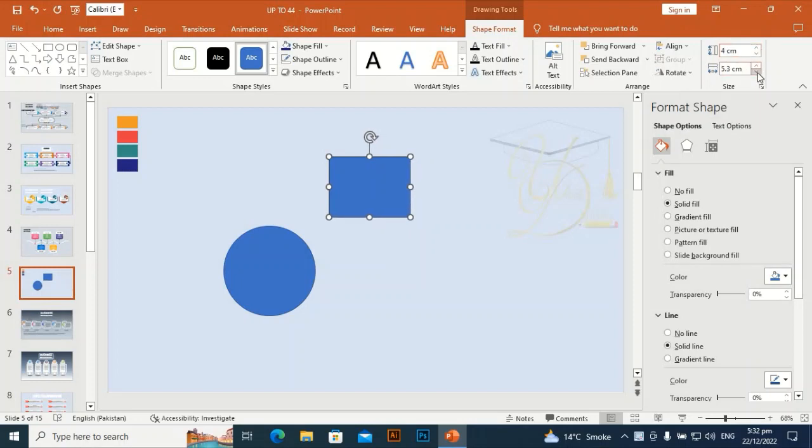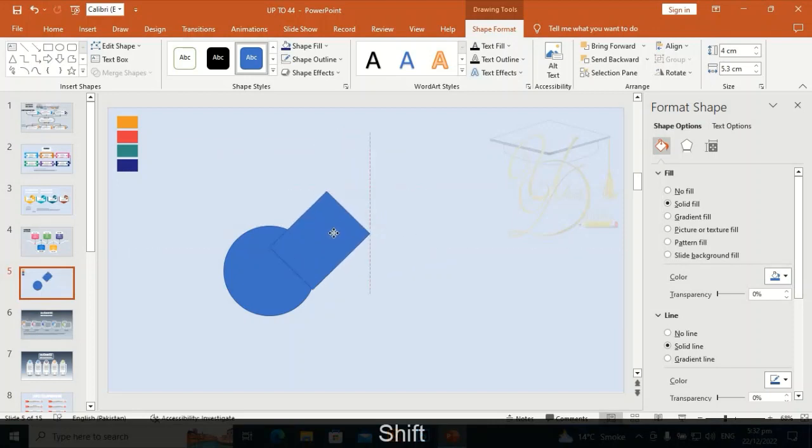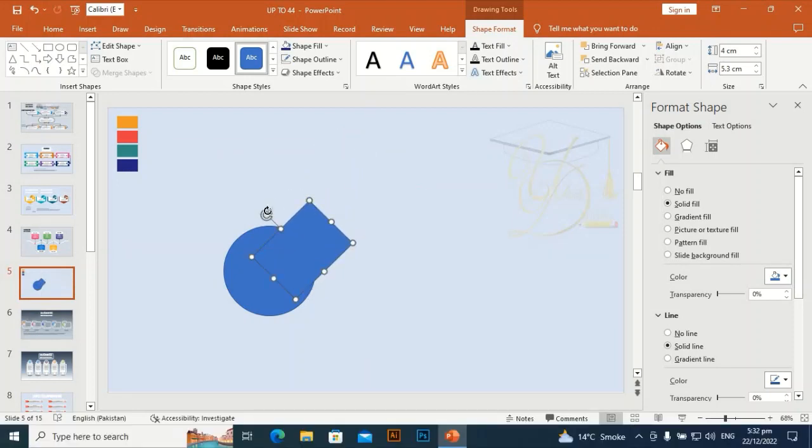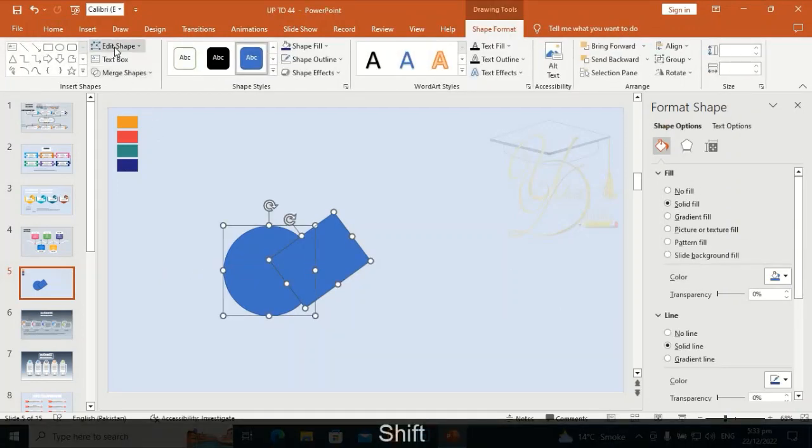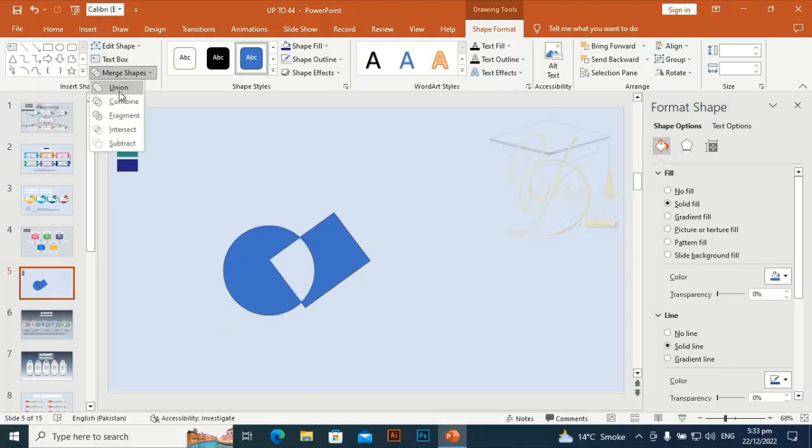Maybe 4 centimeter, and I think we will place it here. We will align it first correctly. Align it correctly. Control select both. Go to merge shape, union,